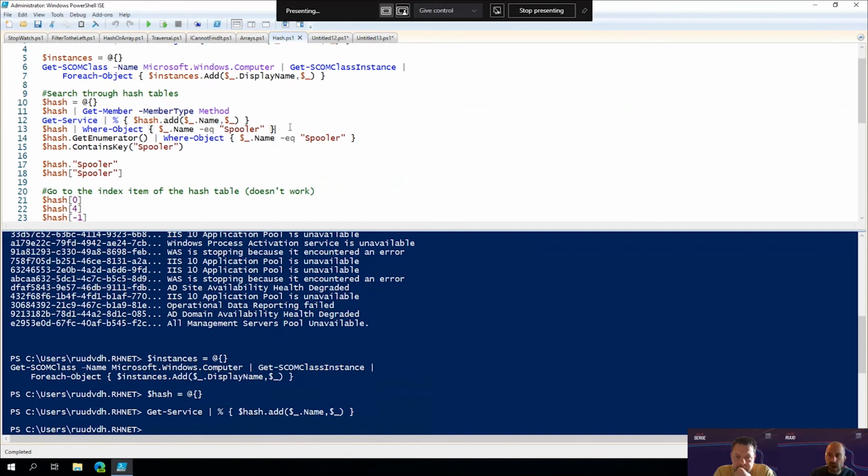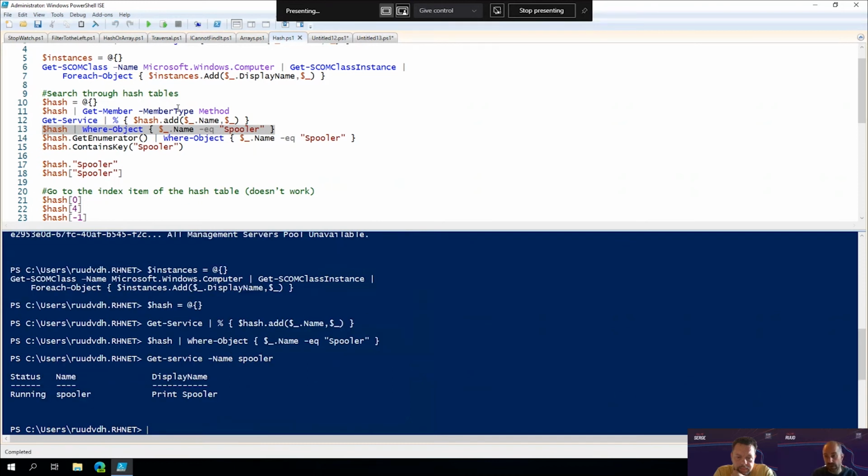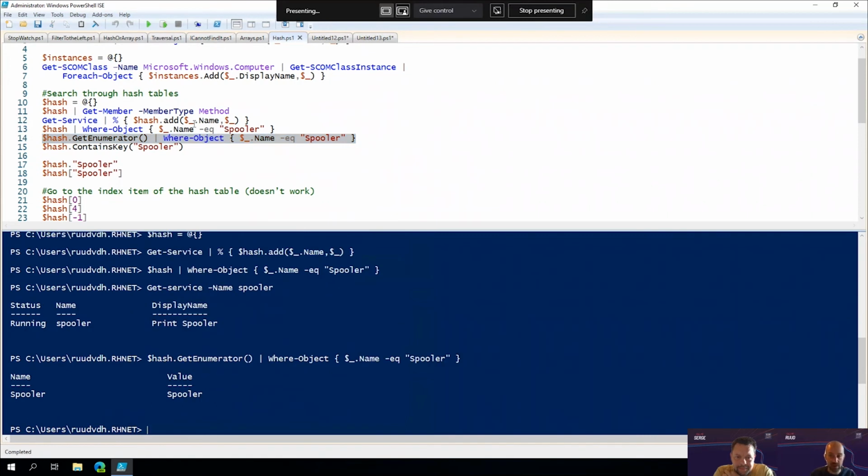Now, one thing we can't actually do on a hash table is just use Where-Object. You can see we have nothing here, despite knowing that we definitely have a service called spooler on there. So let's quickly check that just to be sure. In case you don't believe me, we definitely have that. But Where-Object just doesn't work on a hash table. If you do want to make it work, you can use the GetEnumerator method. The only thing you need to keep in mind is that then you make it inefficient. But yes, this is still possible. You can see now we actually have the